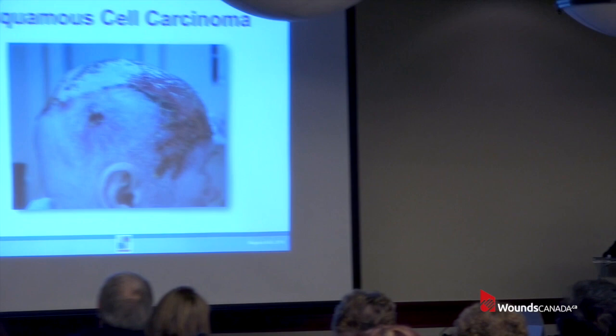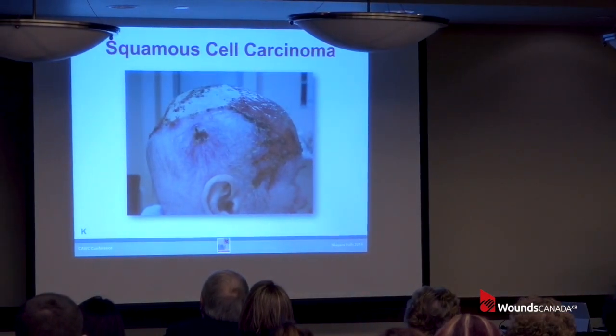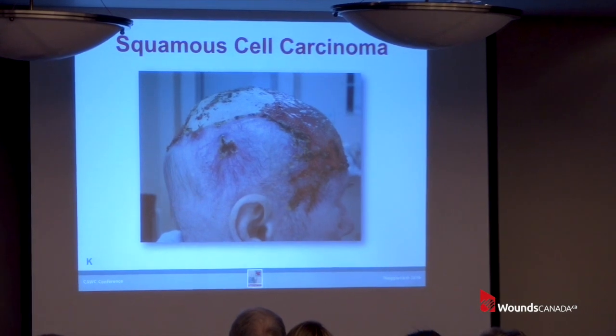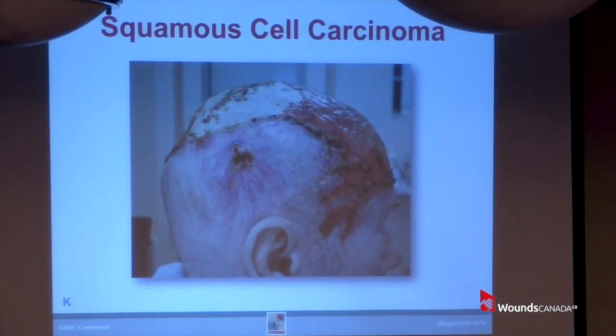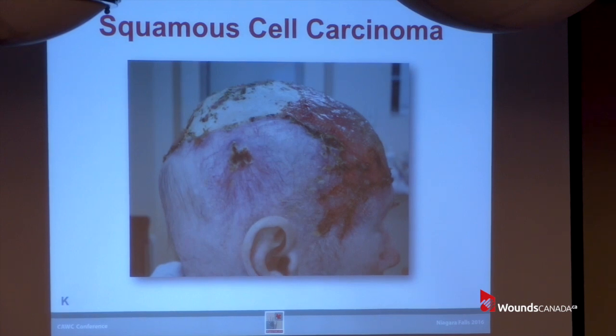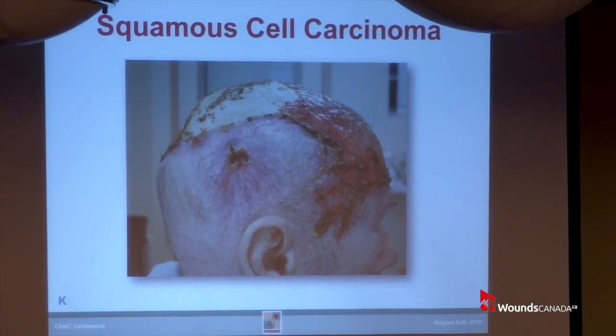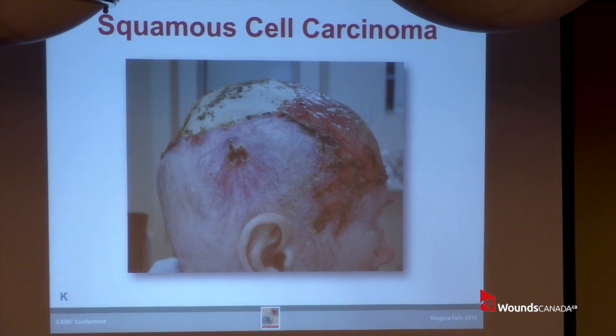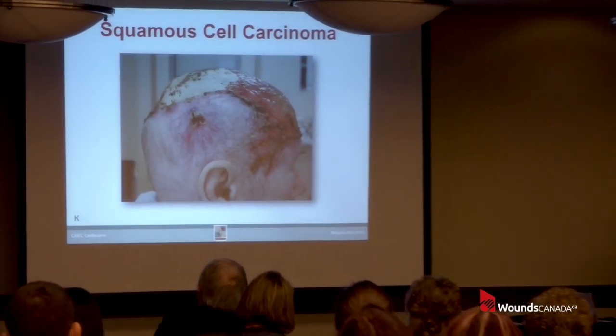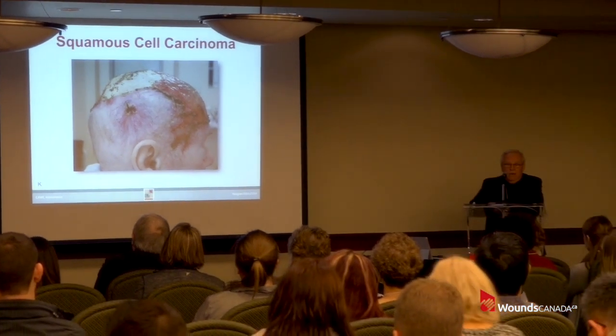And then certainly we can have direct spread from underlying disease, and we can have metastatic disease to the skin as well. So it comes from a distant source. So here's a good example of what happens with squamous cell carcinomas of the scalp. And this has been treated multiple times, and the scalp is a terrible area for squamous cell carcinomas. This fellow has had topical treatment, cryotherapy, he's had Efudex, he's had radiation treatment, and basically he has no skin left on his scalp. And he actually has osteomyelitis in that scalp. So these can be very difficult, and